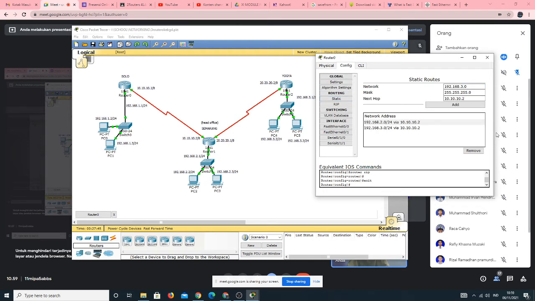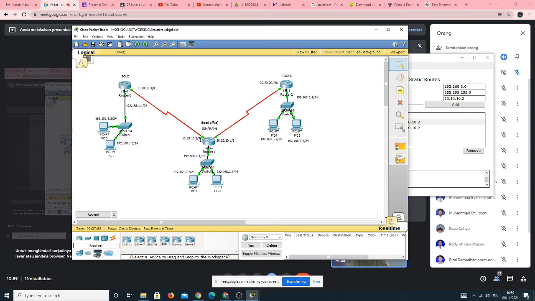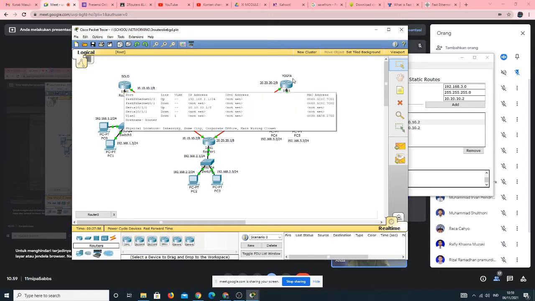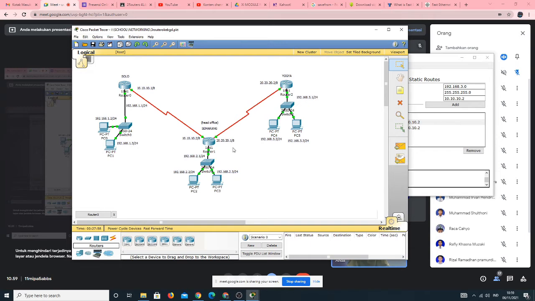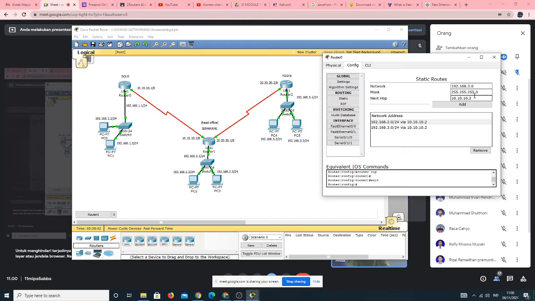The main point in this connection is you can determine the router that is connected to each other directly. So you can determine the next hop of the connection. What is the meaning of next hop?